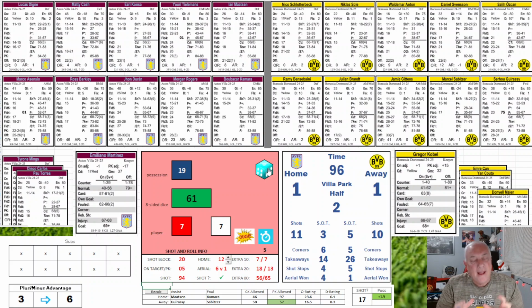So 1-1. How did that feel? My feeling is that the second half felt more how it should feel. Villa subbed in a lot of guys, a lot of attacking players. So, do I make changes to the setup? Do I change that possession number back to being a full one, instead of cutting it in half, to give those English teams more possession?